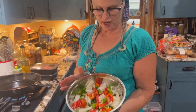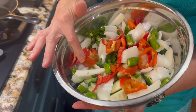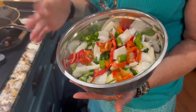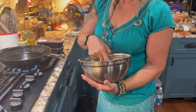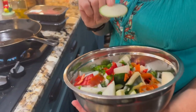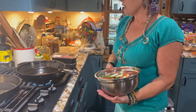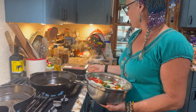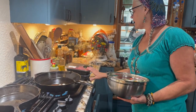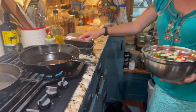All right, so tonight we're going to be using our shishitos and our regular California peppers and some of our onions. And also we have in here our patty pan squash that I was talking about earlier. So there's like two of those. And there's a jalapeno in there. Oh yes, and our jalapeno. And then tonight we're also going to be cooking lamb chops,